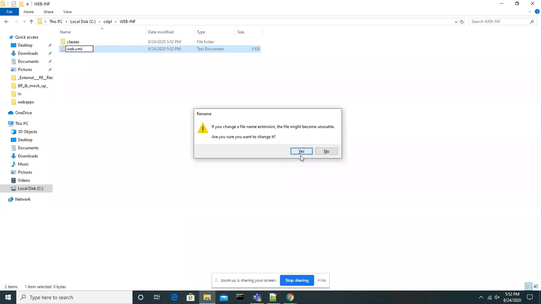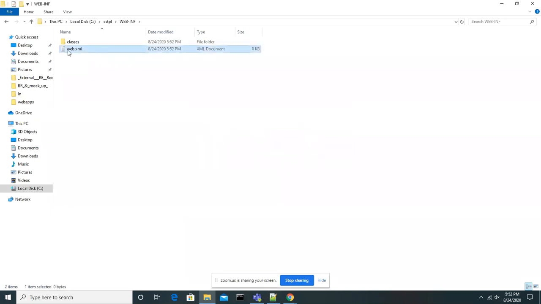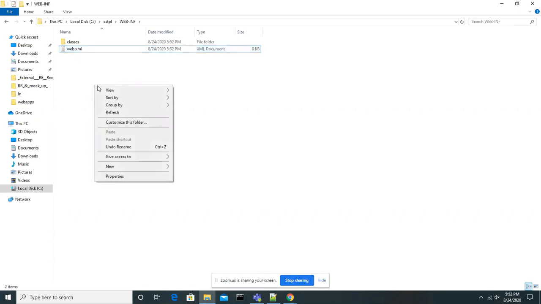Web.xml. First of all, till now you know the txt file, ppt file, doc file, xls file. These are all different kinds of files. In the same way, XML is one kind of file. Do you guys know anything about XML? No, sir.